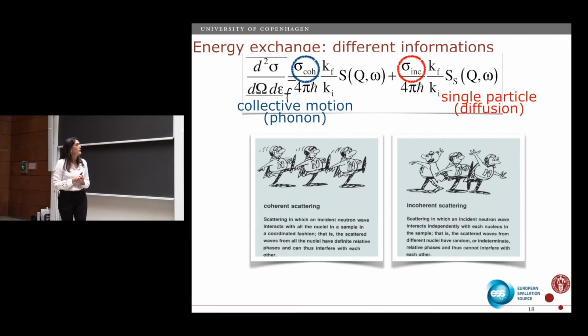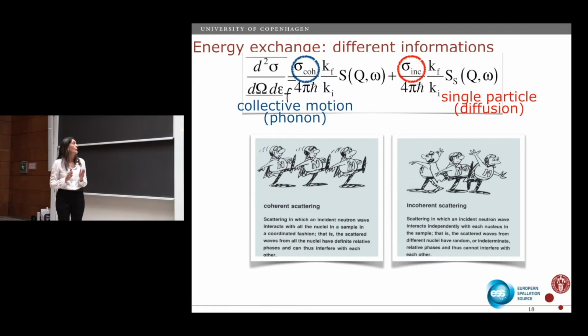So when we are doing this type of experiments, things become a little bit more complicated because I put another parameter. I put time into play. And because I put time into play and I'm looking at dynamics, I am really opening the umbrella of problems that I have. So when I do this type of experiments, remember, we have the coherent cross-section, so we can measure phonons, that they are collective motions.